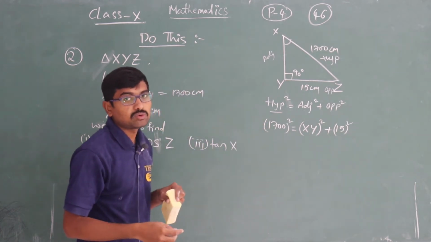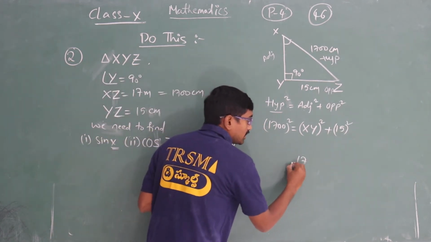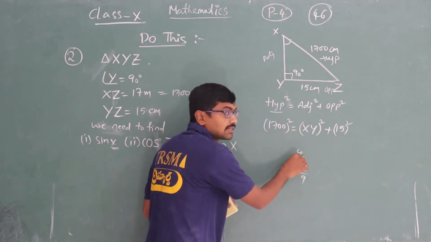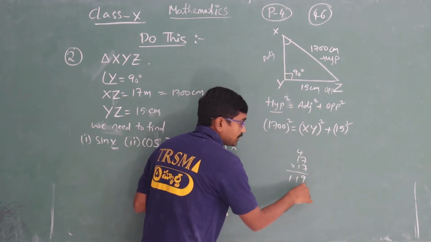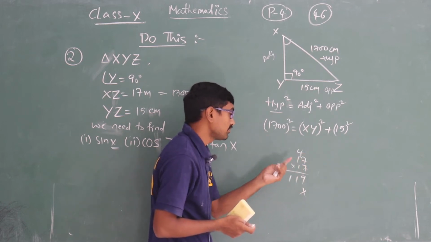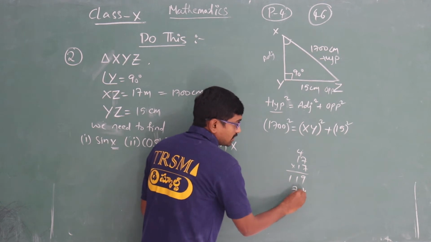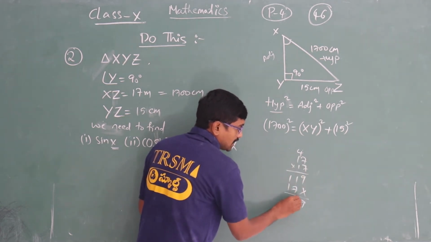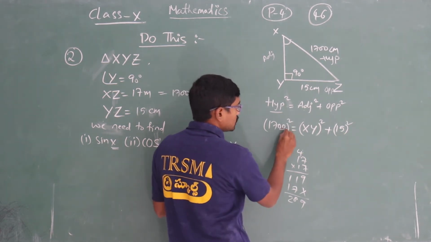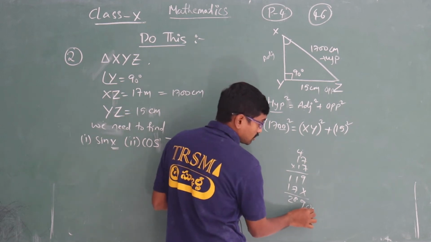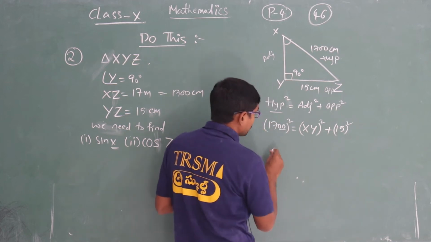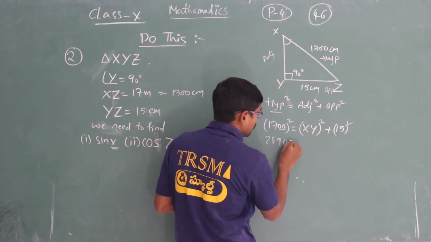If I multiply 17 whole square, 17 into 17: 7 7s are 49, 7 1s are 7, 8, 9, 10, 11; 1 7 is 7 and 1 1 is 1, so 1 and 8, 2. How much have we got here? 289. Here the 2 zeros will become 4 zeros, so 1, 2, 3, 4 zeros. Similarly, here we have 289 with 4 zeros.